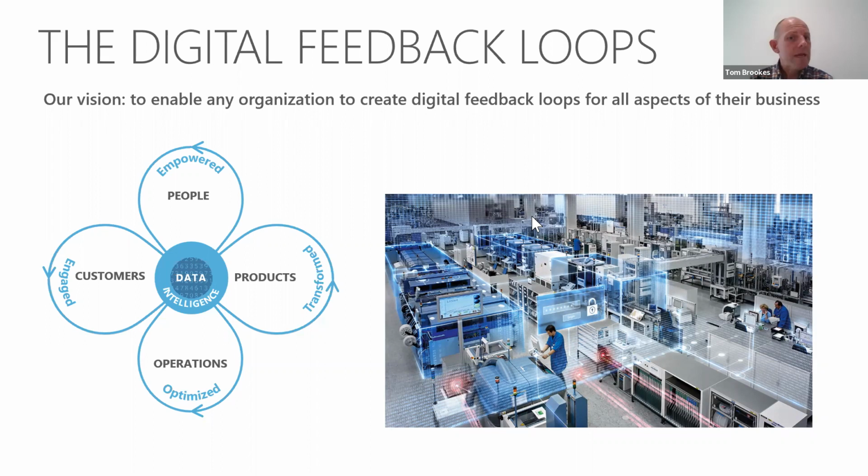Now, moreover than that, people are becoming more and more important to these operations, and the FM being a very people-centric part of any organisation or any outsourced service of an organisation really means that actually we are becoming very central to how we look at digital feedback loops. And as we know,